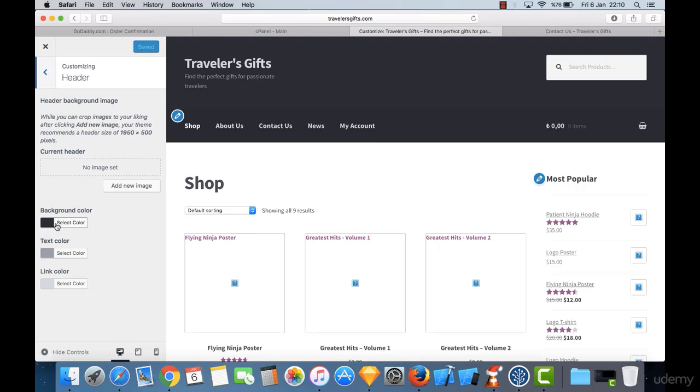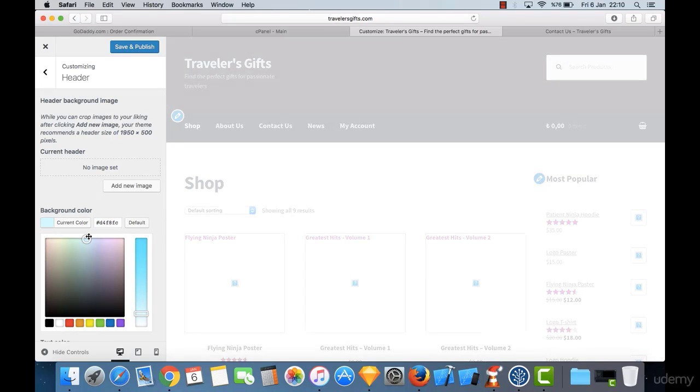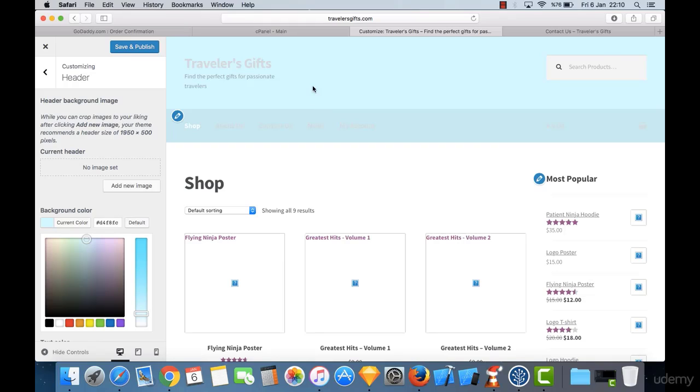So it says our header is actually this color here, just copy it, and we may choose to change our header to this color, and it will look